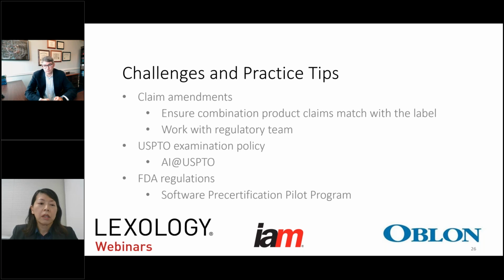Okay, so during the prosecution, one thing to be aware of is that sometimes you need to amend claims because you have the rejections in front of you, but as I said, the label needs to mention the software used if you're claiming the method of treatment, and a claim needs to match with the label for enforcement purposes. And let's say the regulatory team tells you the label language is fixed, then how are you going to amend the claims and get a patent with the claim language fixed because of the drug label being fixed for regulatory purposes?